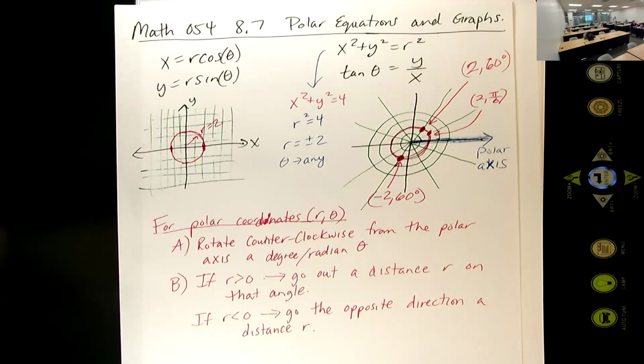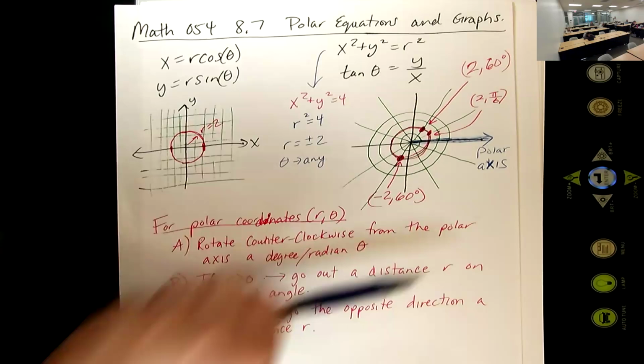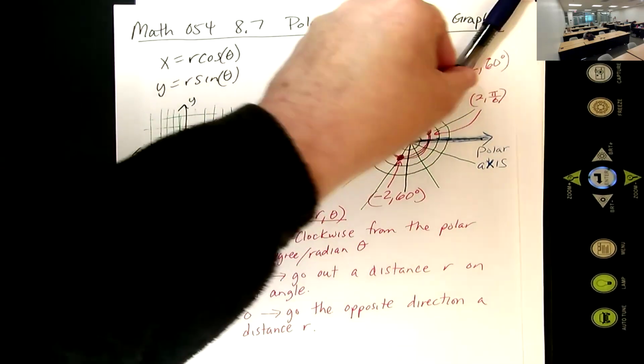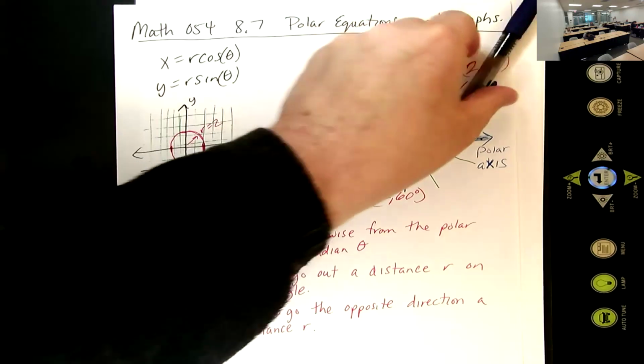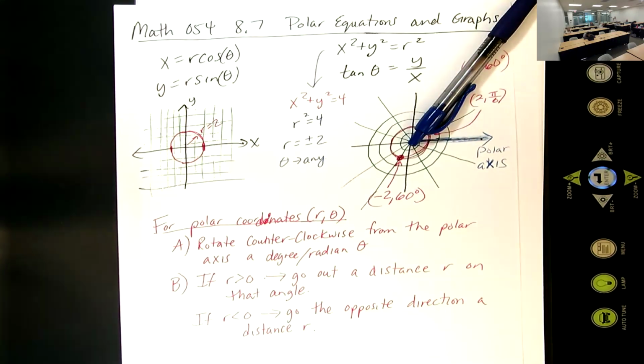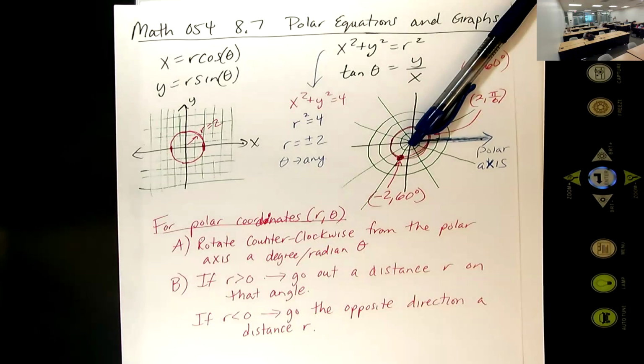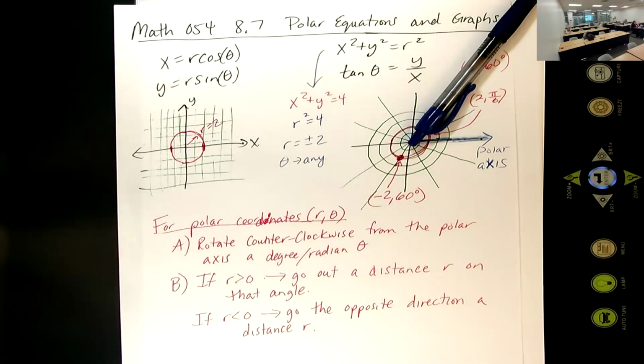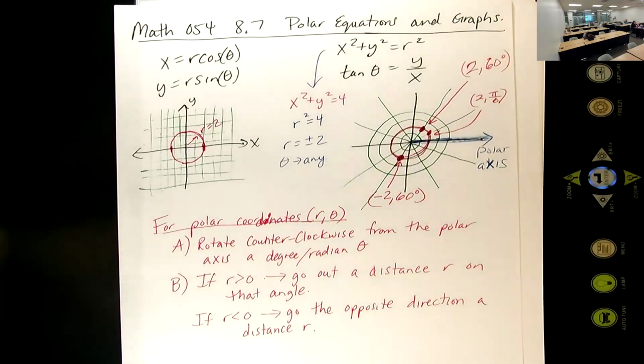R can be negative. Yes, it means we're traveling the opposite direction along that angle. So you rotate the angle that you need, like 60 degrees puts us at the 60-degree angle right there. And then if I have R as negative, I go the opposite direction along that same line. It's not that we're going around the circle, it's that we're going back down. In fact, we're going to hit the very next topic after we cover